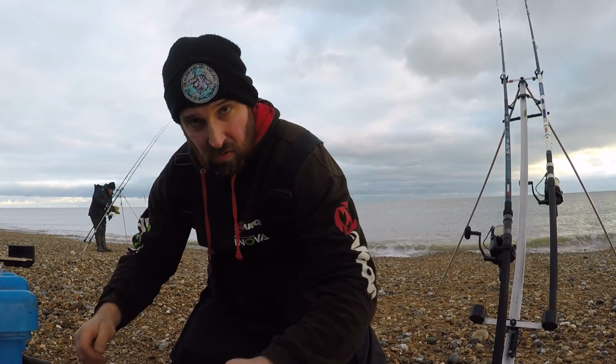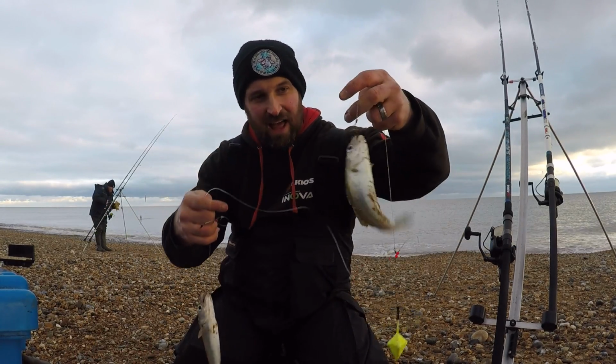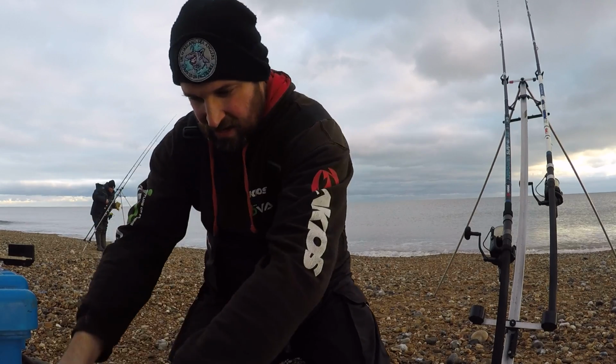Crazy. Right, so rod number 1 graces us with 2. Look at a lip hook whiting right in the lip there. 2 whiting on there, and then our second rod